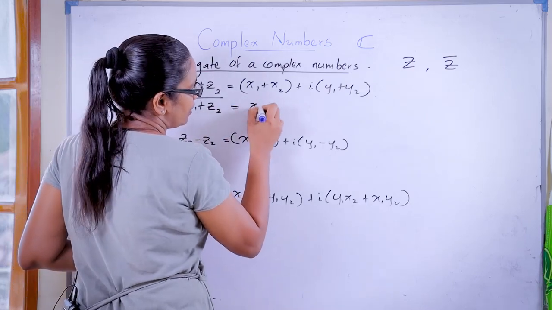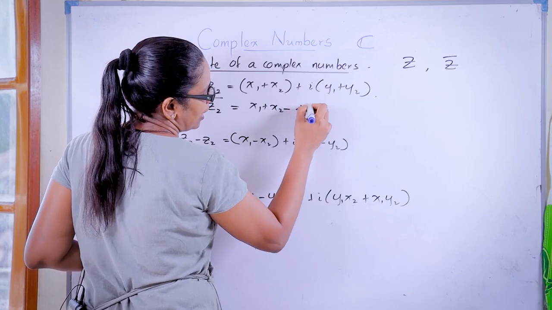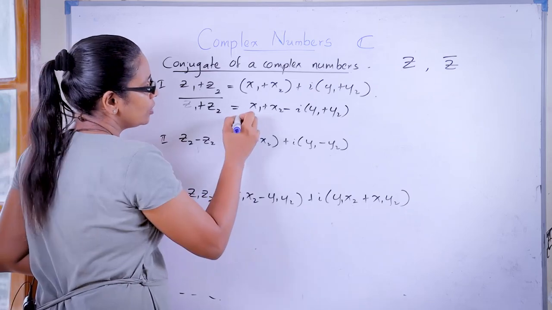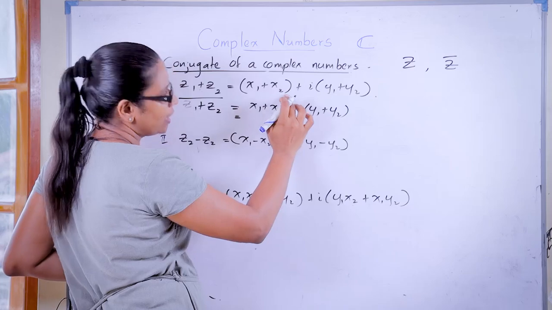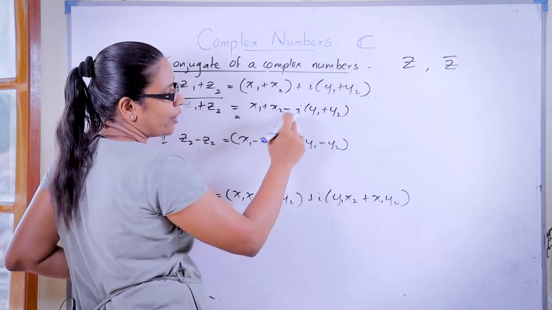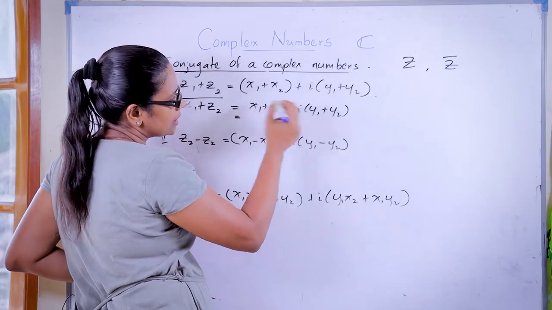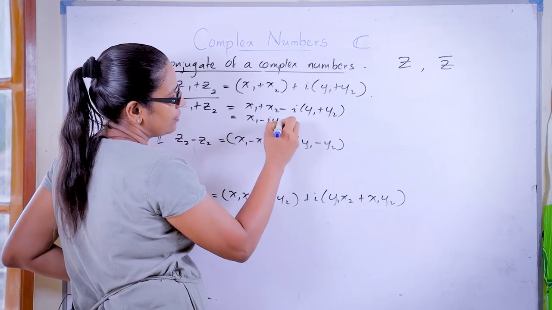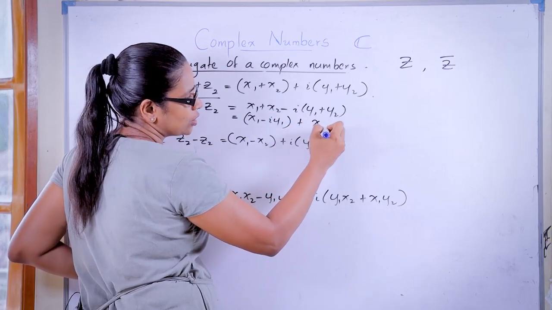Okay, so you can write down this one as minus i (y1 + y2). Okay, so look at here, this is a complex number. When you write down the conjugate of this complex number, this plus you have to write as a minus value. So I am going to consider this x1 with minus i y1, so x1 minus i y1, and x2 with this one, plus x2 minus i y2.